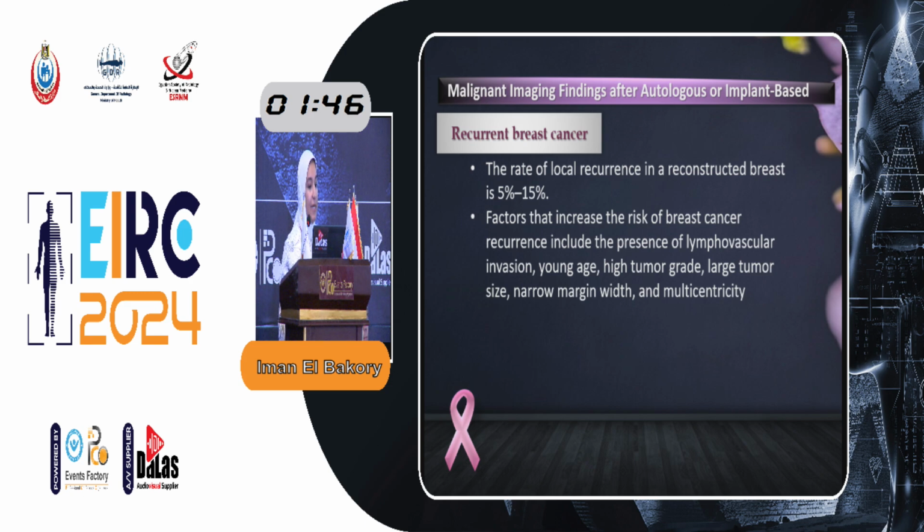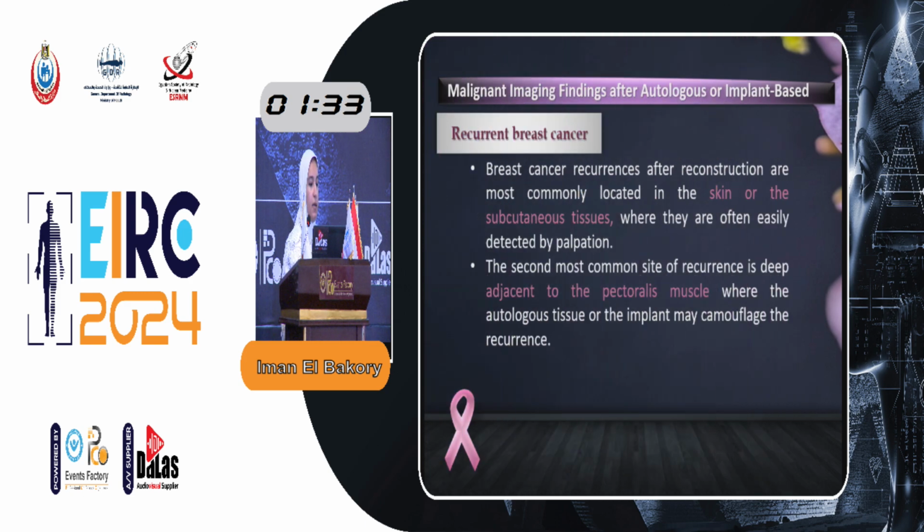breast. The malignant complication, actually, we will start with the recurrent breast cancer. It's the most frequent complication. Malignant complication reaches up to 15%, and it carries multiple factors for being developed. It shows a morphology equivocal or correlated to the primary breast cancer, and the site goes with the skin and subcutaneous primarily. It's the most frequent site, and it's easily palpated and inspected by the patient and the physician.